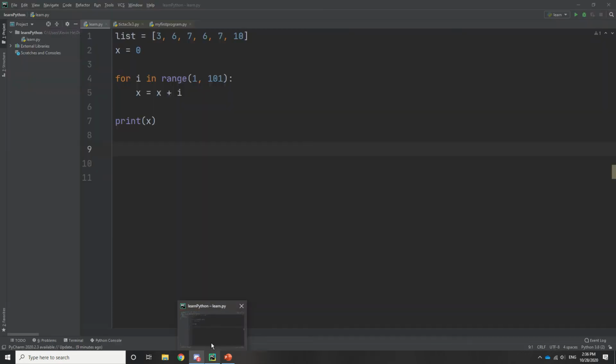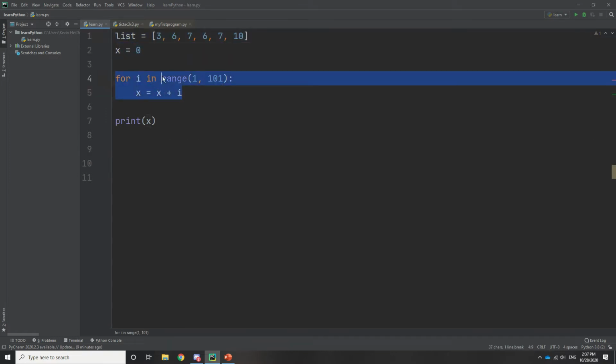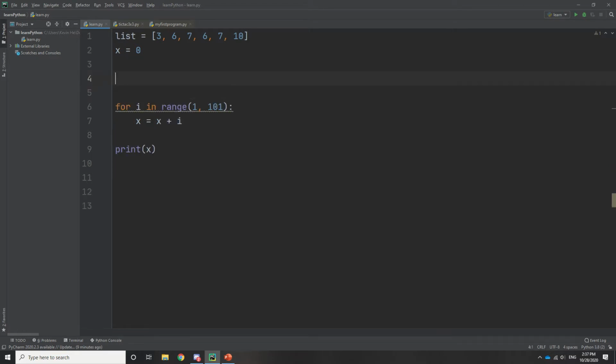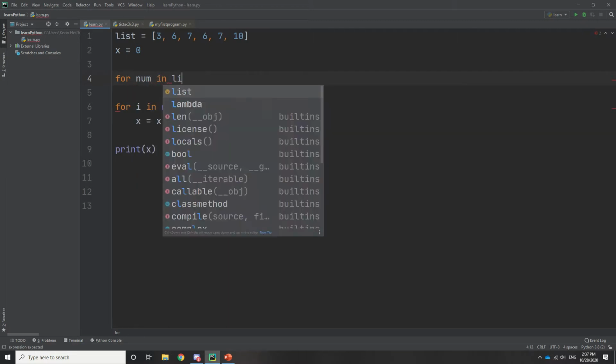We're good. Alright. So this is where we were last time. We had a list, a variable, and then a simple for loop with the range. And remember, the range is if you want to just loop a certain number of times, or you want to set i to a specific number as you're looping through. But most times, when you're looping through a list or any other iterable, you're just going to use a standard for loop, which is for